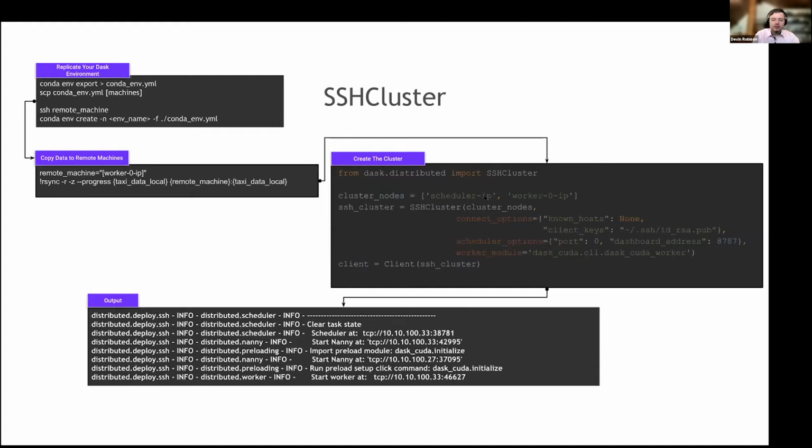In this case, the first node in the array is going to be our scheduler. And all subsequent nodes are going to be worker nodes that you're going to want Dask to connect to. Then we call SSH cluster. We pass in our nodes. We pass in some type of method to connect to them. In this case, I'm just using